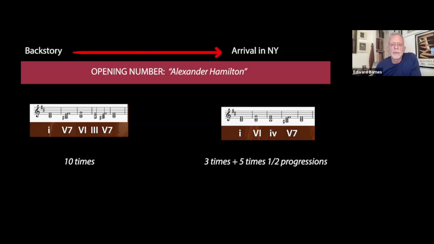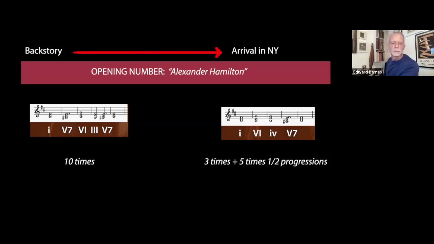The first one is repeated 10 times over. Once he gets to New York, that is repeated 3 times, and then he does the same progression in what I call half progressions. He uses parts of it, or he speeds it up. He does that 5 more times, but all based on the same chord progression in New York. Now, this kind of thing is going to get very, very repetitive, and in fact, if this were like a musical from, say, the 1950s,